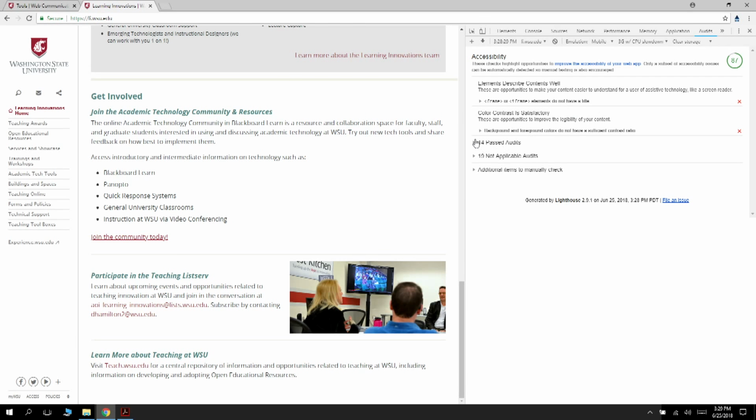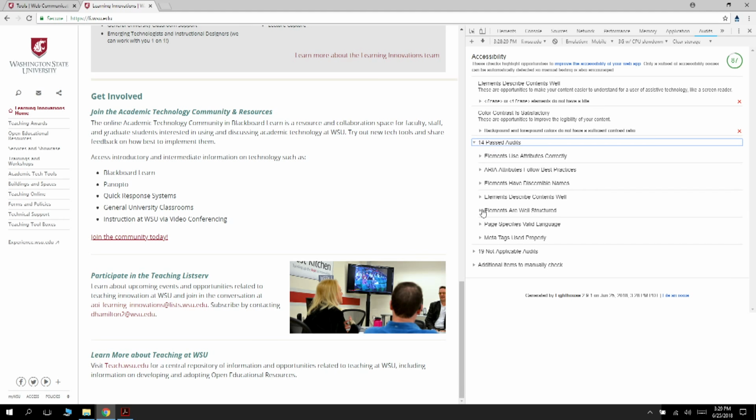Color contrast is satisfactory. That's always a nice thing to read. There are 14 audits passed. It shows you all the audits that passed. And then it tells you audits that didn't matter. You actually did really good, Sheila. And then we get to what my favorite part is. It gives you the list of items to manually check. So this is a good time to bring up